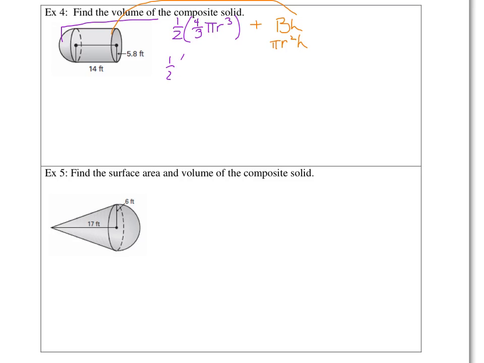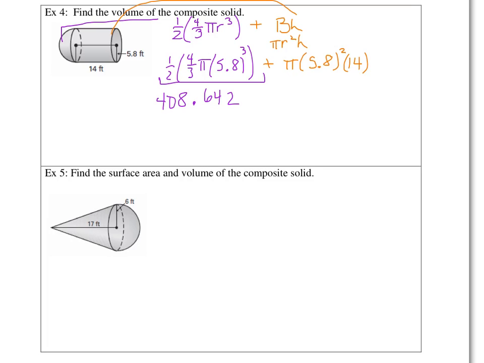So we have 1/2 of 4/3 pi. My radius is 5.8. And let's see, for my part in orange, for my circle, we've got pi. The radius again is 5.8 squared, and then times my height, which is 14. So it's the height of the cylinder. All right, so when we plug these numbers into our calculator, if we just do this part alone, you should get